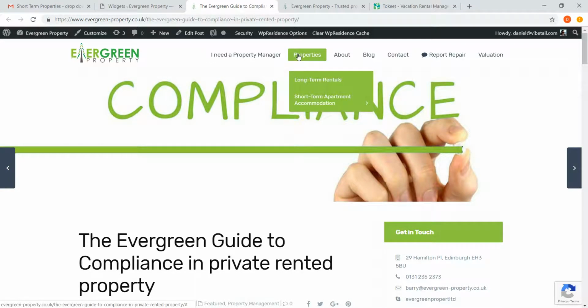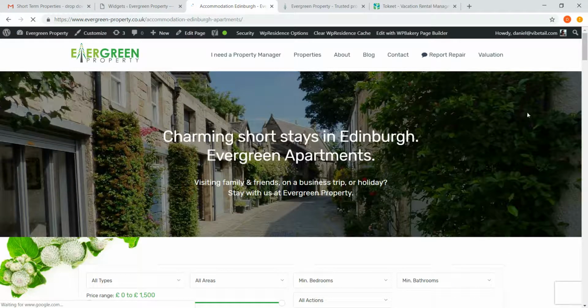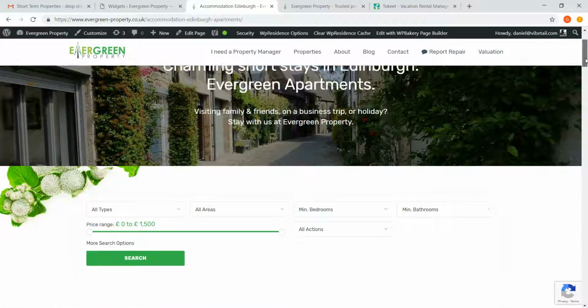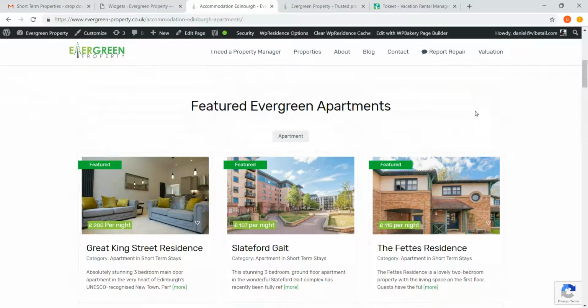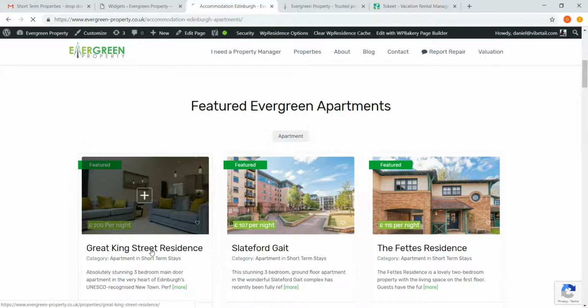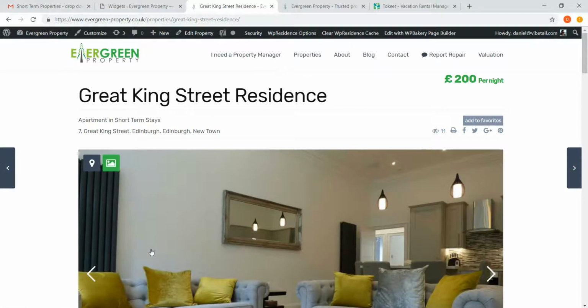Okay, so Barry, the next thing we're going to look at is adding the booking widget to a property listing. So I will go to one of the ones you've recently added, which is Great King Street Residence, a 3-bedroom. You've done everything right. There's only one setting that you need to make sure is ticked on your page. So if we go into Edit Property,